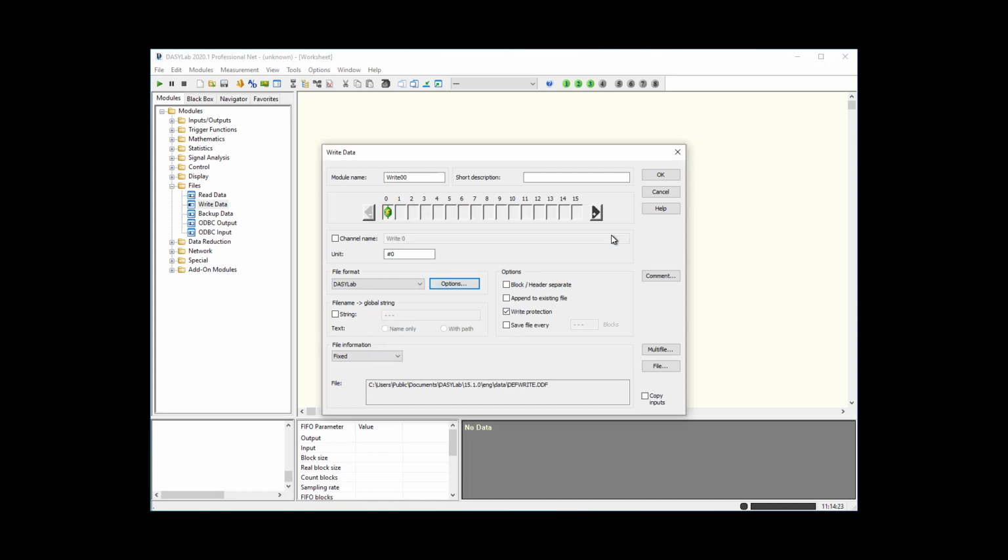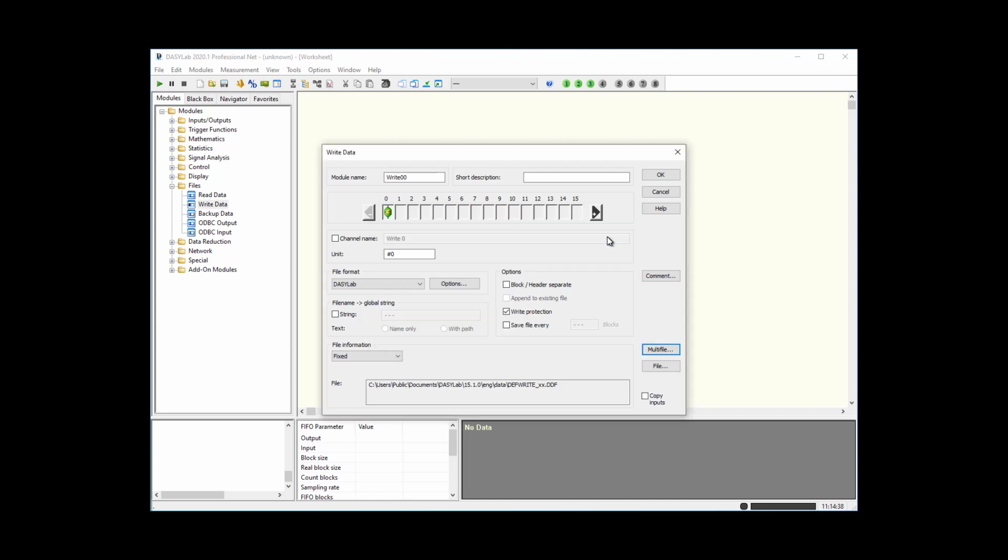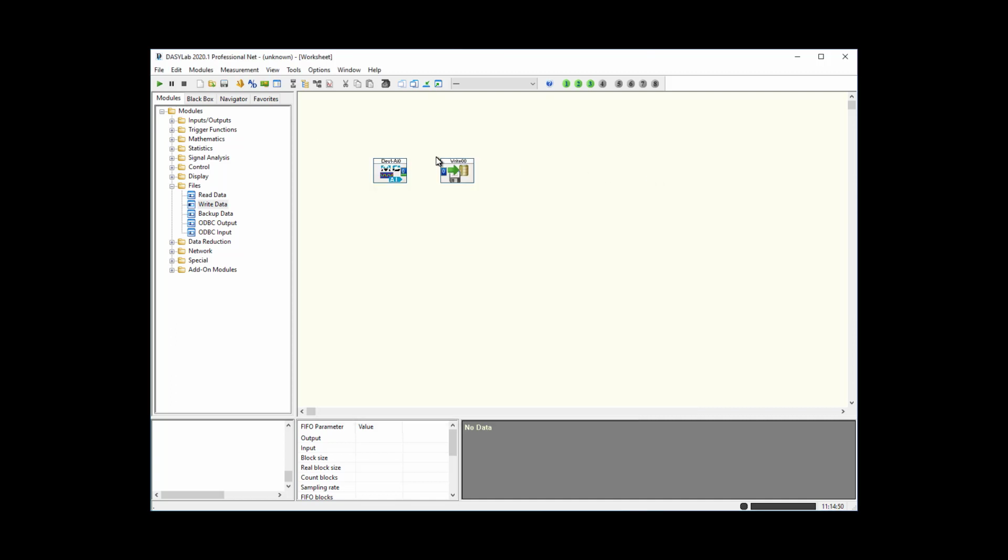I'll click OK, and now I want to set up multi-file because I always do that. I'll enable append to file chain and set the number of blocks to 0 so that it only creates a new file when I hit start. Now, the file name, I had said let's use a global variable or global string. So I'm going to use global string number 1, which is not yet defined. That's okay. We can click OK, wire this up,